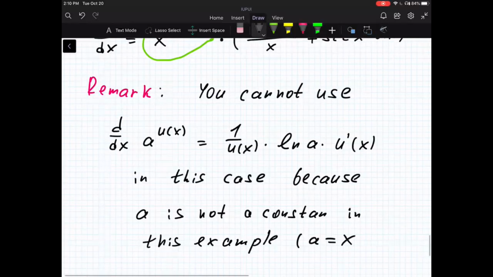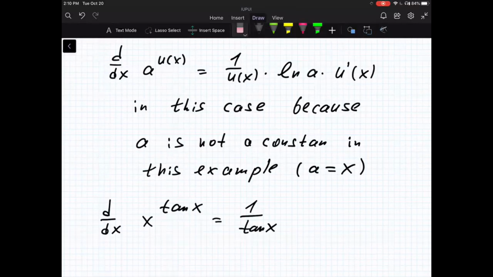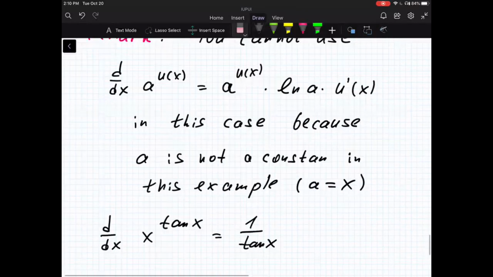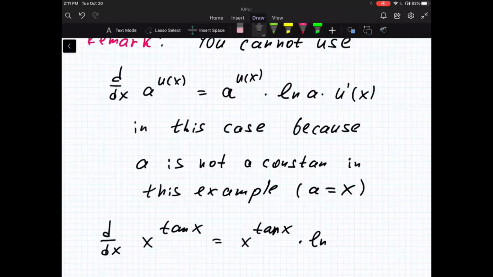So a is equal to x. If we try to do that naively, what will we get? We'll get d over dx of x to the power tangent of x. We'll get 1 over tangent of x. Oh, sorry, I differentiate the logarithm. It's a to the power u of x times logarithm of a. So what we get? We'll get the same x to the power tangent of x, so that part coincides, but then we'll get logarithm of x times the derivative of tangent,